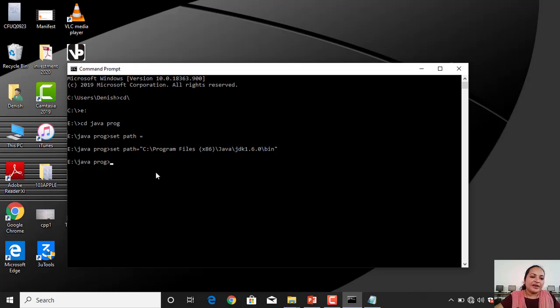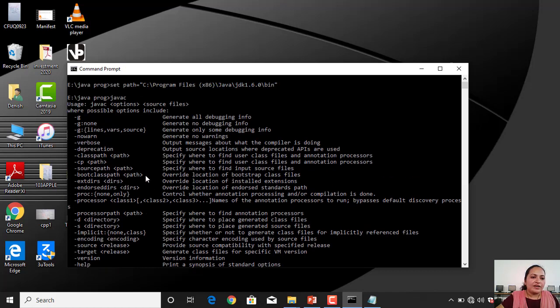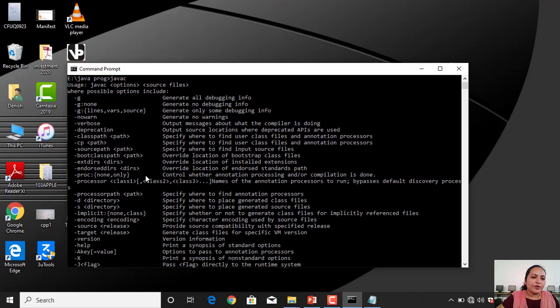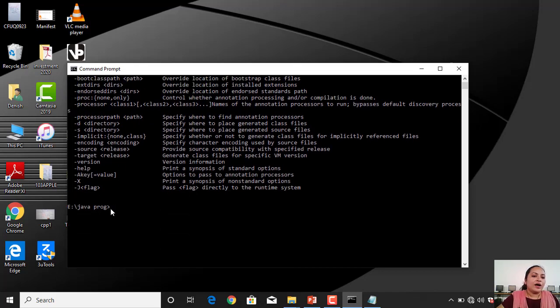Now to check whether the path is set or not, simply type the javac command. If your path is successfully set, then your command prompt will load this kind of files. So here our path is set successfully.